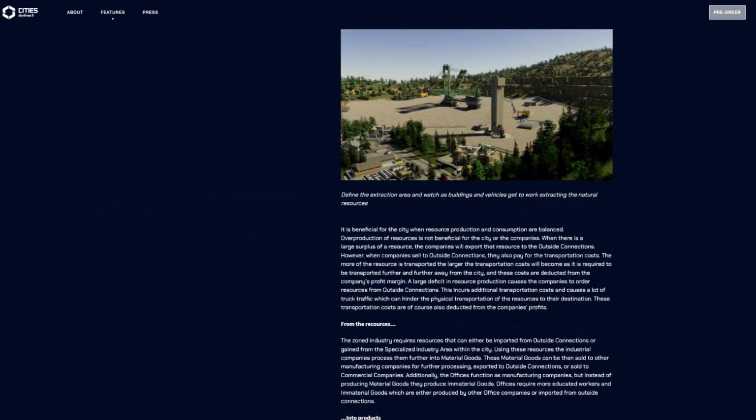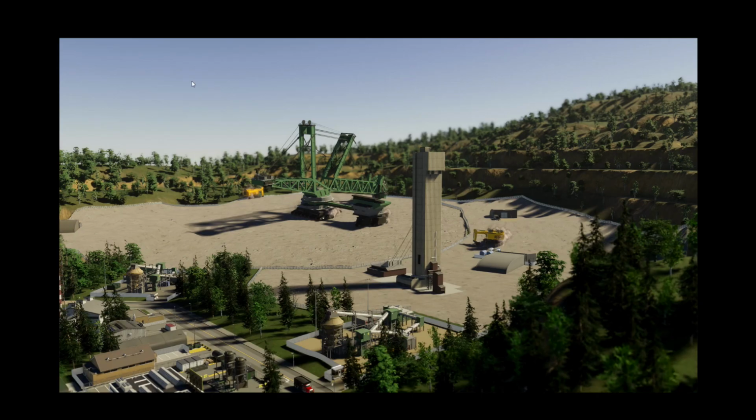And then we get into our next image here. It says define the extraction area and watch as buildings and vehicles get to work extracting the natural resources. Cool. Yeah, and you can see in the shape how you draw out the corner nodes. You see how it looks like it was dragged to this corner, dragged to this corner, and so on. So you can see how that's placed,